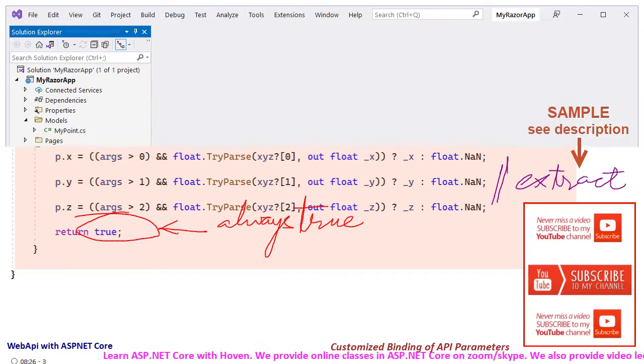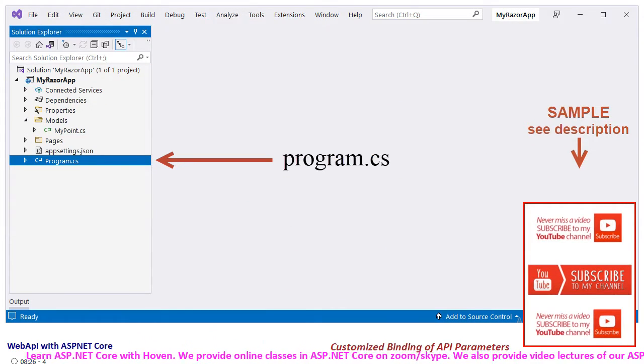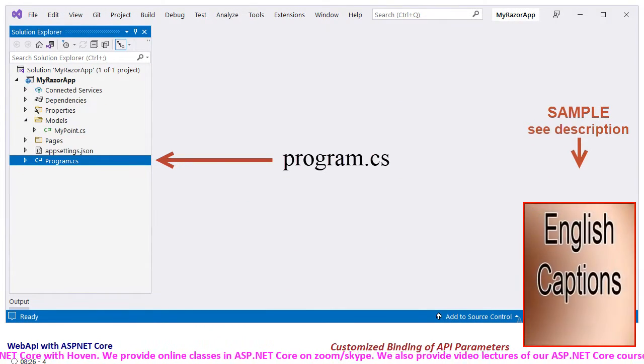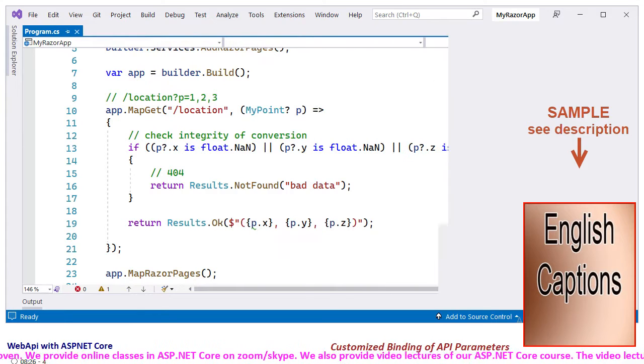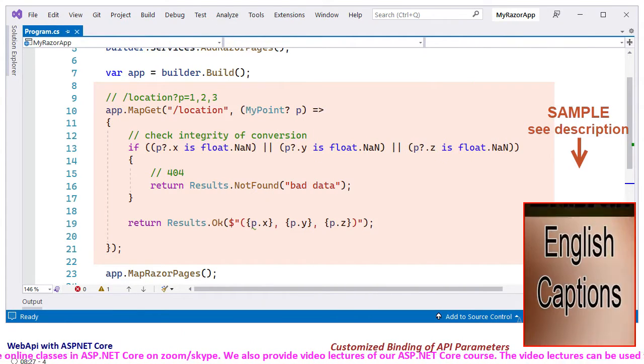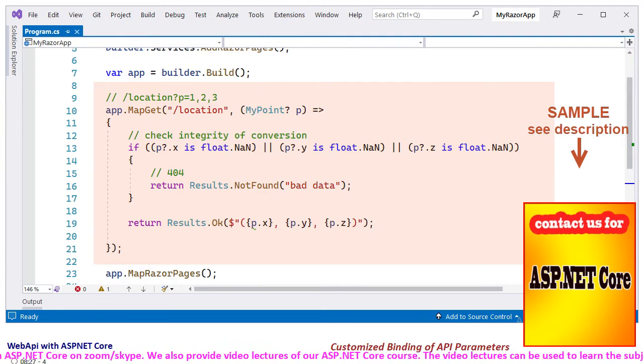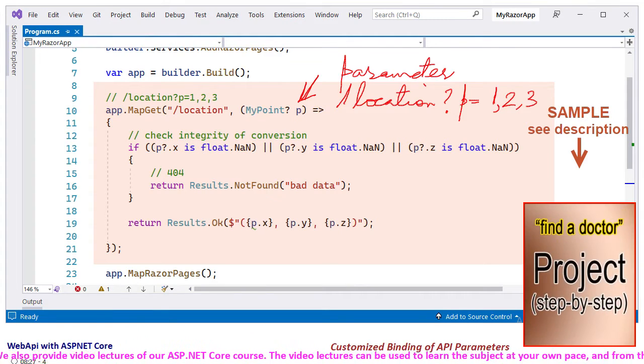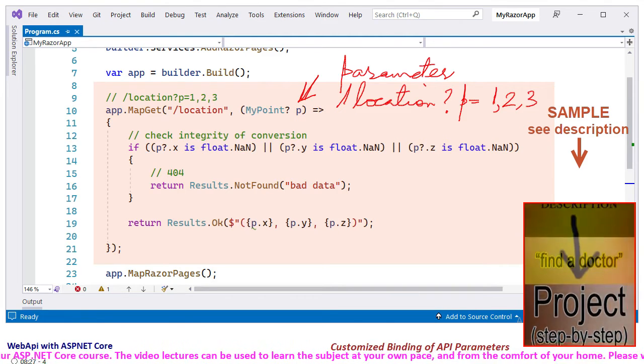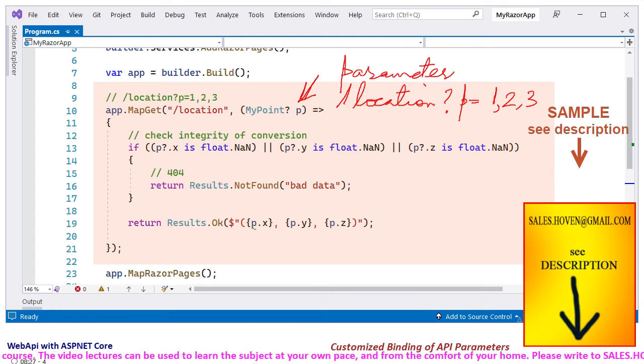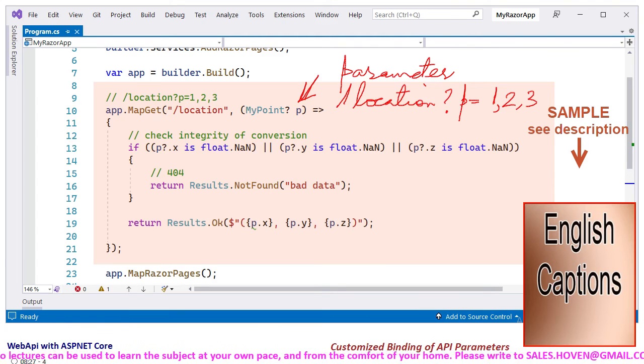Come to the Solution Explorer again and locate the program.cs file. Double-click to open this file and scroll to the part that you are seeing here. First, notice that the API receives myPoint without any attribute decoration. And secondly, the identifier p will automatically connect to the query string